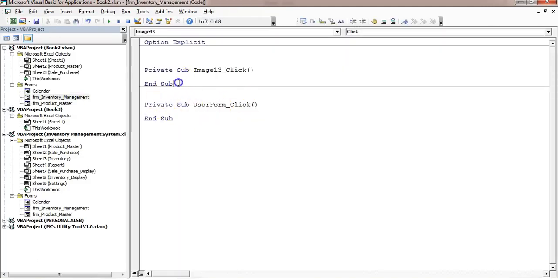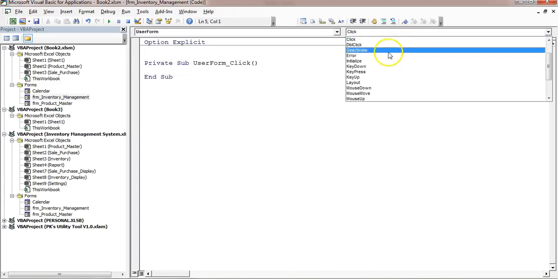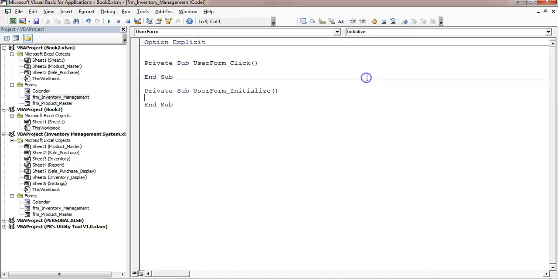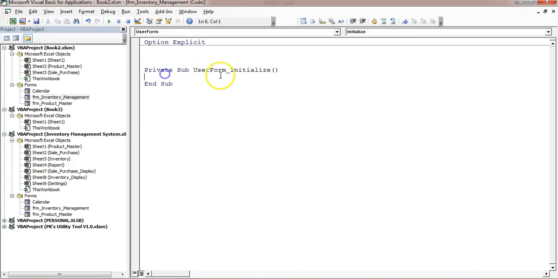So first we will put our coding in the initialization of this user form. So I'll take initialize here, this one, and now delete this code. So whatever we want to display the default, we will put here. So first of all, we want to display some default date. So I'll use me.txt and we have the start date there. So I'll use here start date.value.